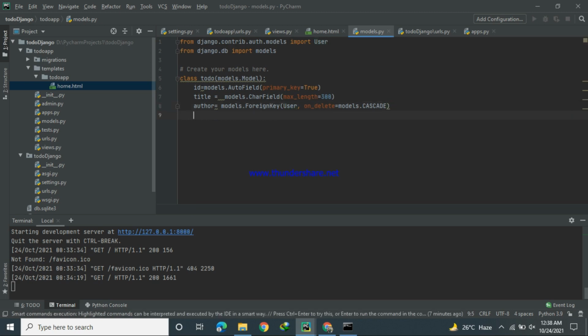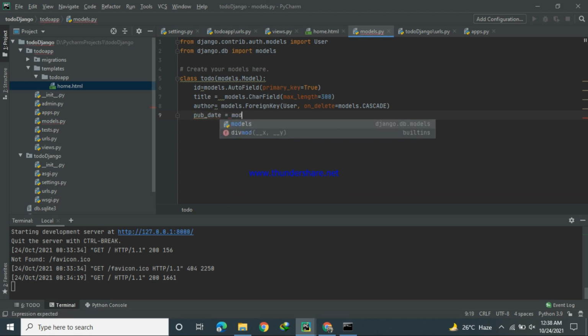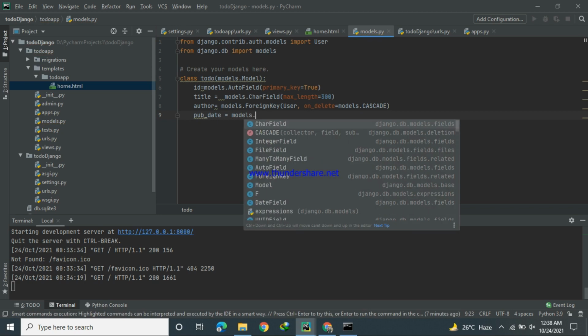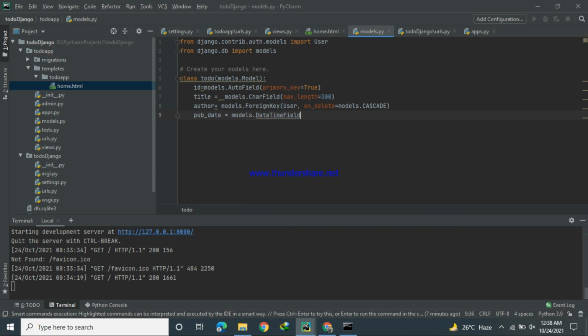And one more thing is pubdate. It records when our todo work is published or created. pubdate is equal to models.DateField. I can choose DateTimeField, or you can choose DateField, whatever you want, and we'll give it auto_now_add equal to True.